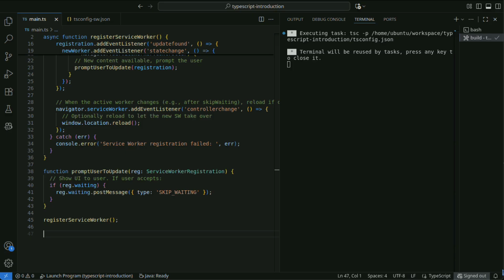Next, let's look at a typical service worker example that implements app shell caching. When using service workers in TypeScript, it's useful to assign the correct type to self.